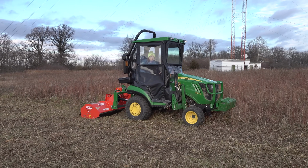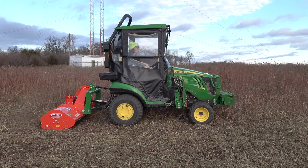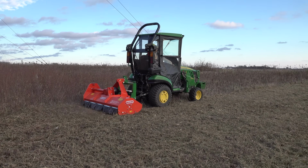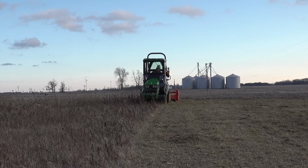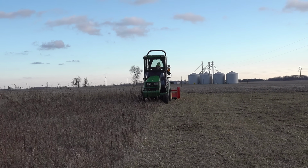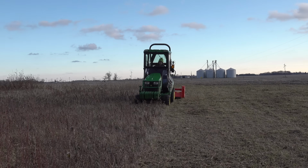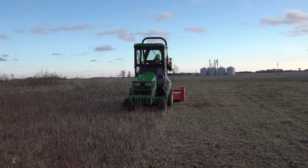I think the flail mower is a little lighter than that 4-foot rotary mower, so I can get a bigger swing as I'm going down. Overall, this seems very similar to mowing the yard. Now, I realize right now I'm just out in a pasture and there's no trees to go around, but to me this is pretty simple. Tim could send me out here and I could do this by myself, especially if